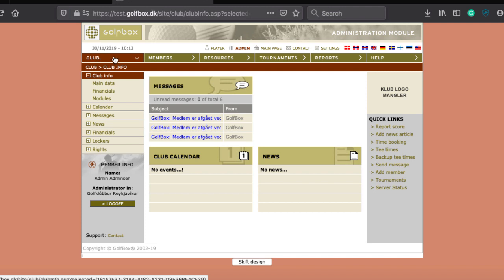Good. I'll start in the club tab. The first tab that you see is a few different things. We call it the club tab because it's basically information for the club. It's messages, it's calendar, it's news, it's financials, it's loggers, and most important feature at all in the system, it's the